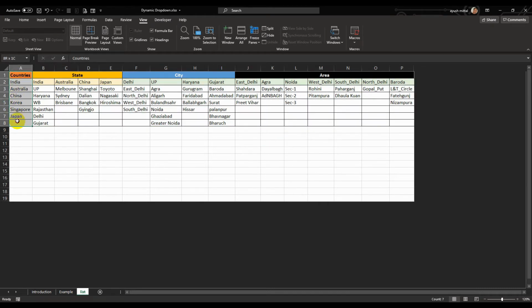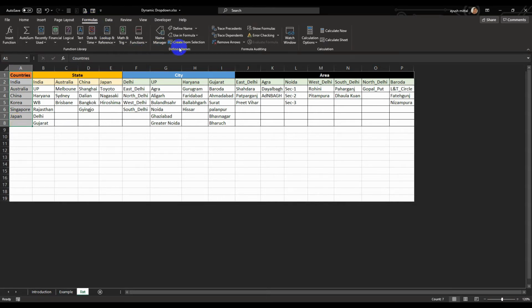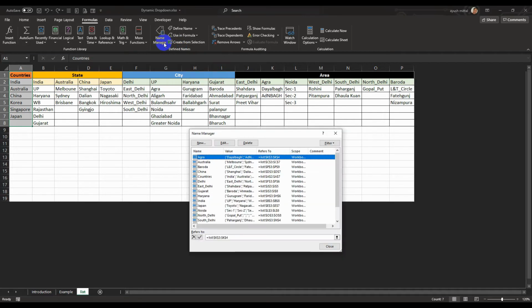In the name box next to the formula bar there is an option of creating a name reference. For this I have given the name countries, which has the cell reference A2 to A7. The heading is given as countries, so we'll call it now with the name countries.